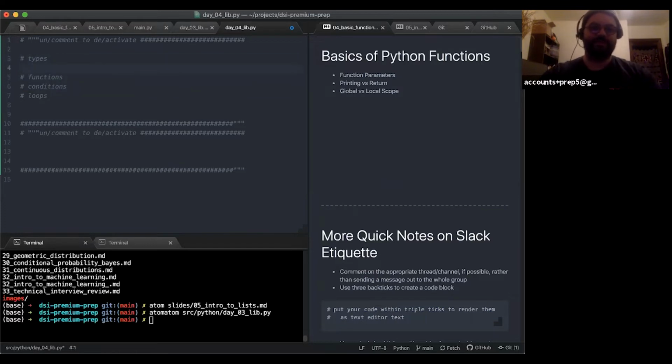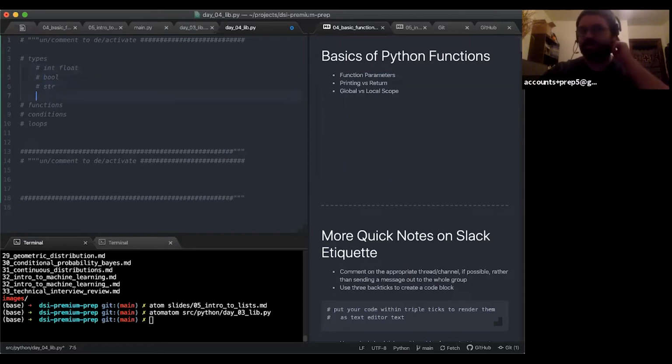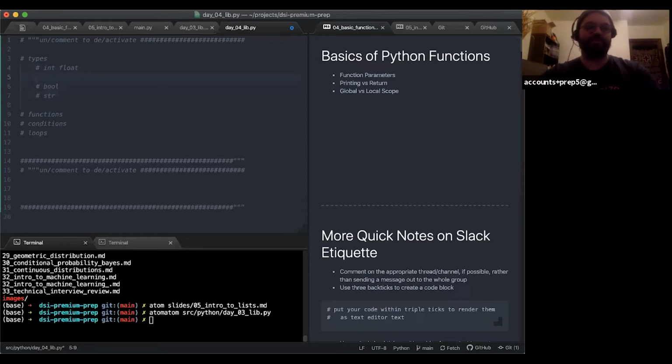So your types, these are different schemas, ways of laying out, storing, and handling different kinds of information in a way that's appropriate for whatever kind of information it is, right? So for numbers, we have ints and floats. We also talked about bool, string, str. There are some others, and I won't go into depth in all of these, but I'm just going to treat this like loose notes. For understanding any of these, we can